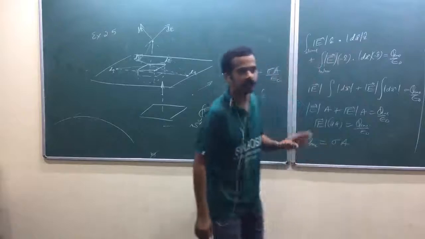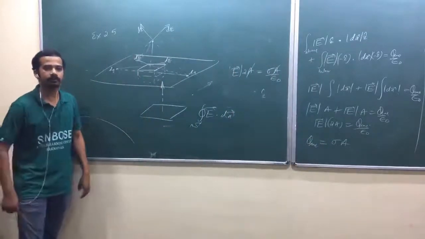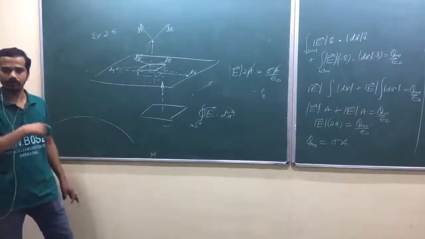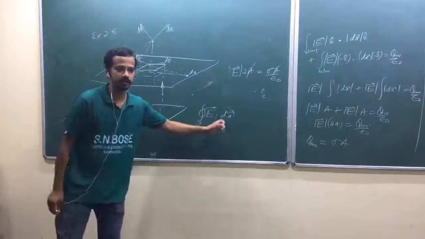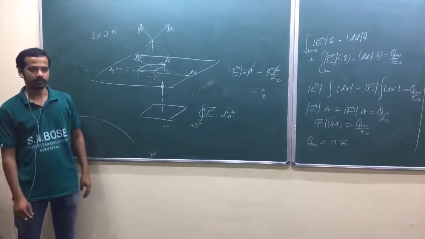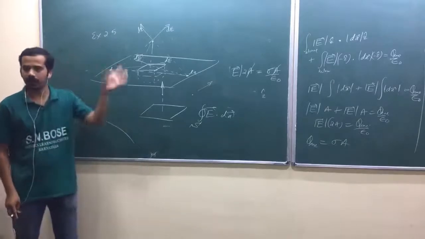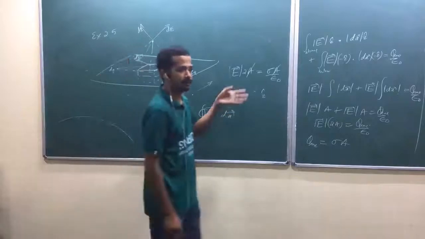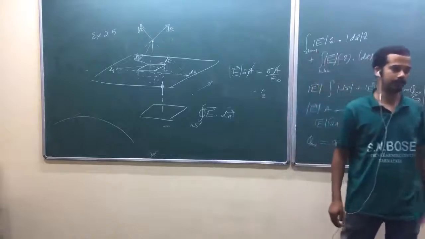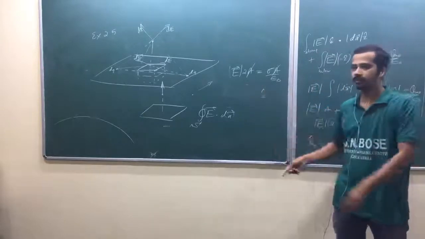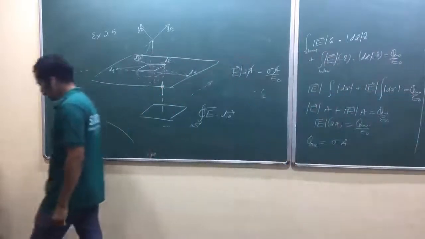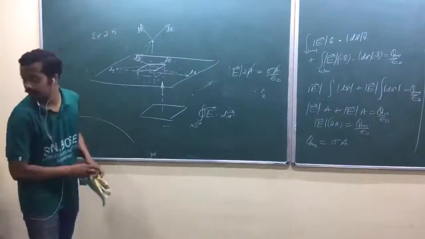In the case of cylindrical symmetry, the same thing happened. But the spherical symmetry problem was very different. Throughout the entire closed surface, our electric field was uniform, and the electric field is in the same direction as dA. That was 100% so. But in the other two, part of our surface will contain electric field which is non-uniform, but the electric field will be perpendicular to the area. In this case, the edges. In the cylindrical symmetry problem, again edges. Just think over it. Let me do one more problem here, then we shall close. Any questions?